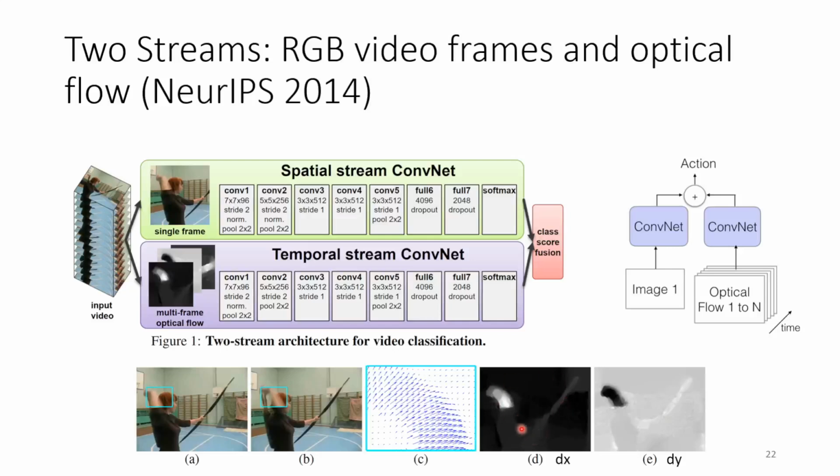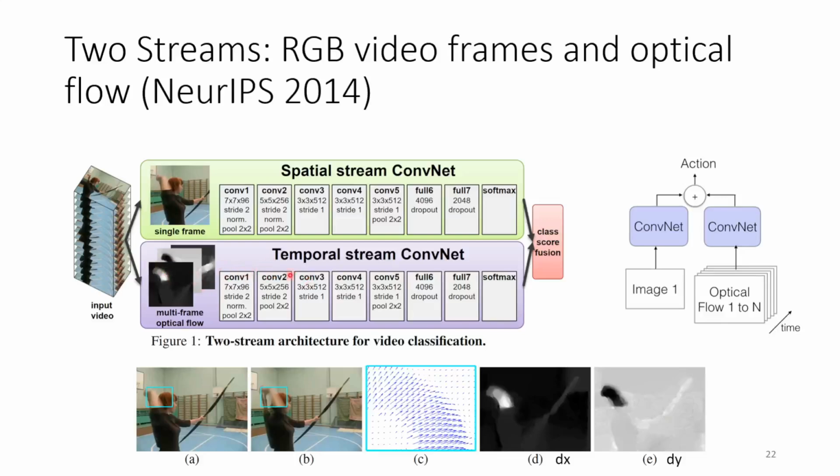So what is the image dx here? It is because the movement is two-dimensional, x and y. If you only see the offset on the x-axis, you will get this one. The brighter region means a large movement, and the dark region means a small offset. Of course, this is for the y-axis. So you can use the second path to analyze the movement.